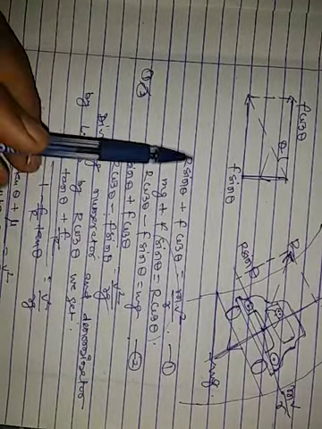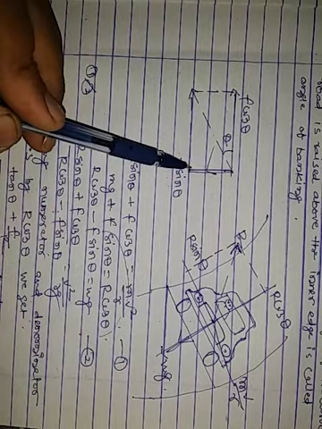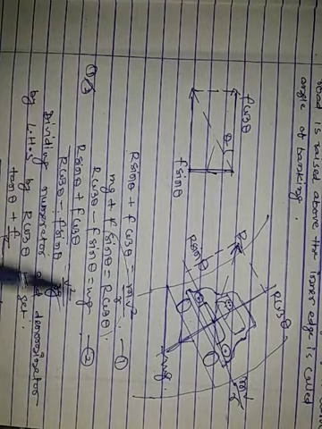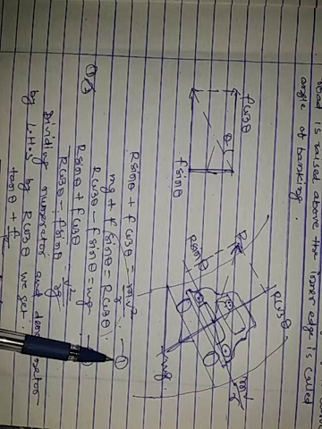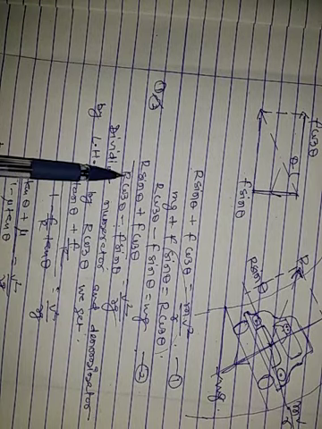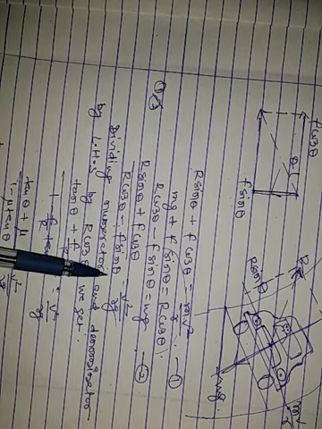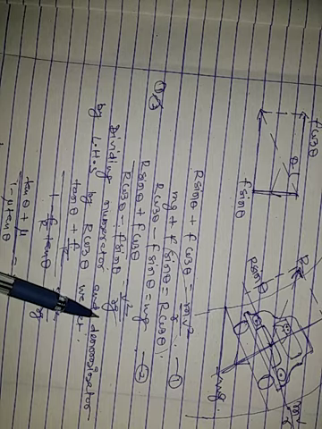As we know, the first equation is R sin theta plus f cos theta is equal to mv square by r. The second equation, mg plus f sin theta is equal to R cos theta, so R cos theta minus f sin theta is equal to mg. This is equation 1 and this is equation 2. So dividing 1 by 2, R sin theta plus f cos theta by R cos theta minus f sin theta, and in equations 1 and 2, m is cancelled, so v square by rg.